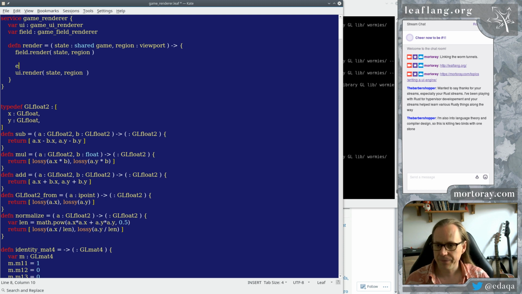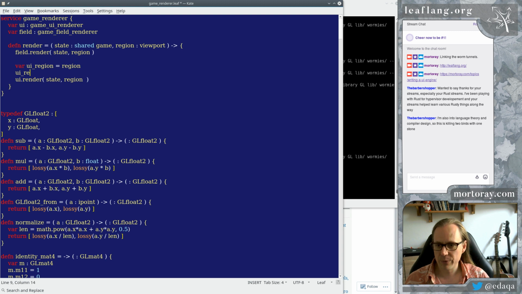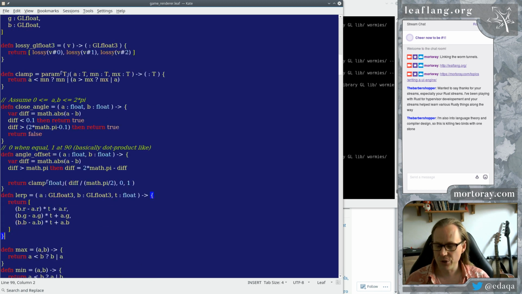We want to say UI region equals region. We're going to copy it, and UI region dot height equals, I don't know, let's just say 40 points high. So it doesn't matter what the screen is, we're going to make it 40 points high. And then go UI region, and we'll fix this part first. And so UI region here,